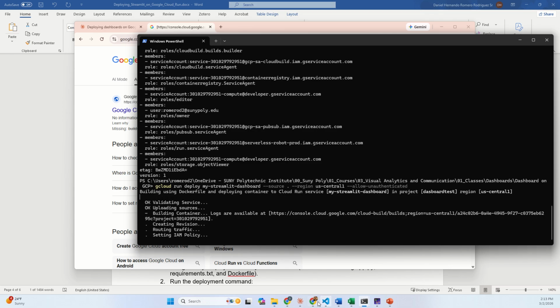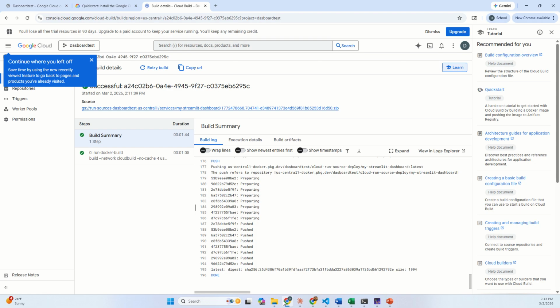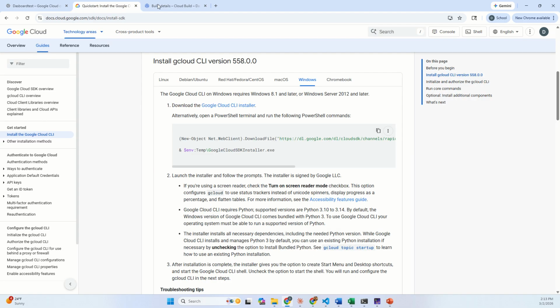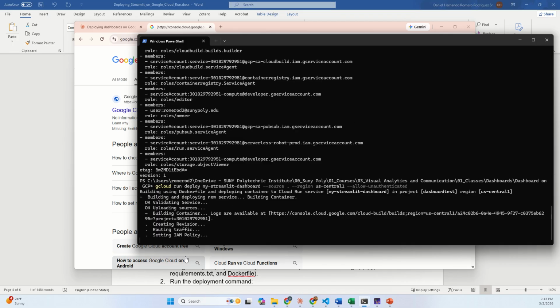Okay. So the result, let me see if I have it open here. The previous one. No, I closed them. But again, at the end, you will get a link to open the dashboard, and it will work. It's still working. It takes like 3-5 minutes, so it's normal. This delay is not automatic, because it's going faster now. It built the container. It's creating the revision, so it's gonna finish soon. I think I'm gonna wait maybe a minute more to see if you can see the